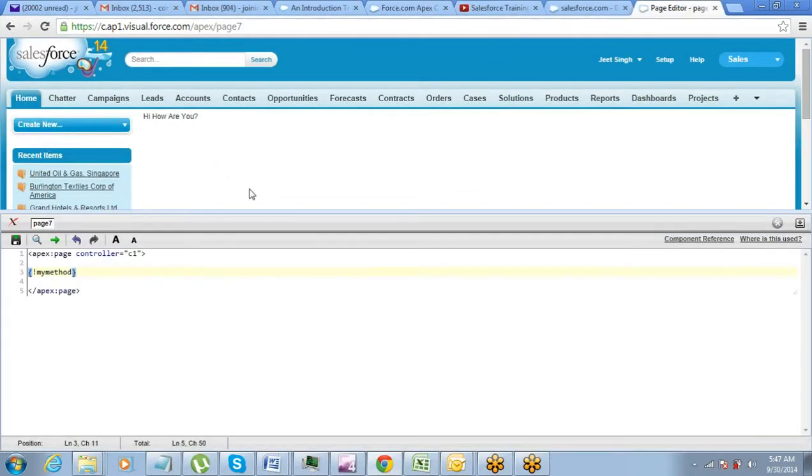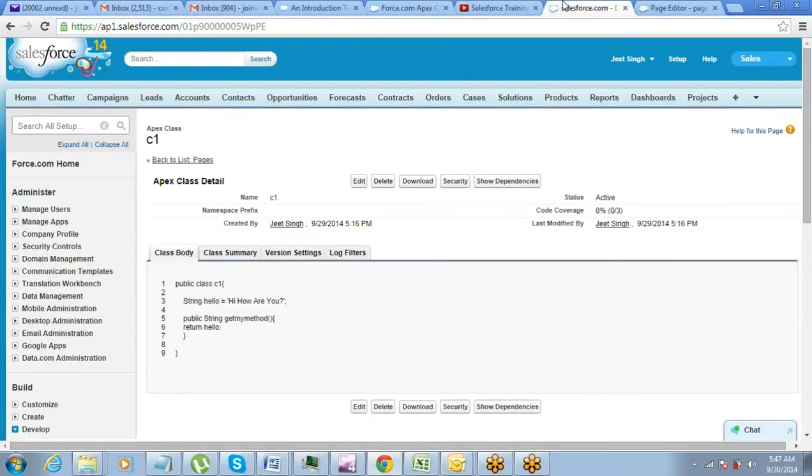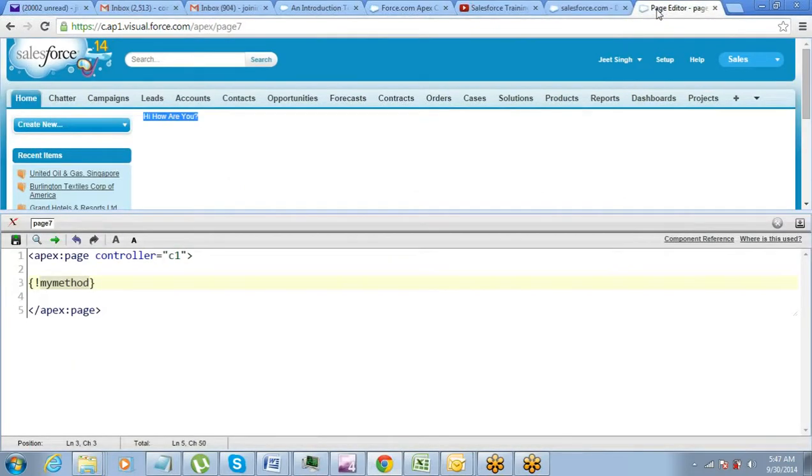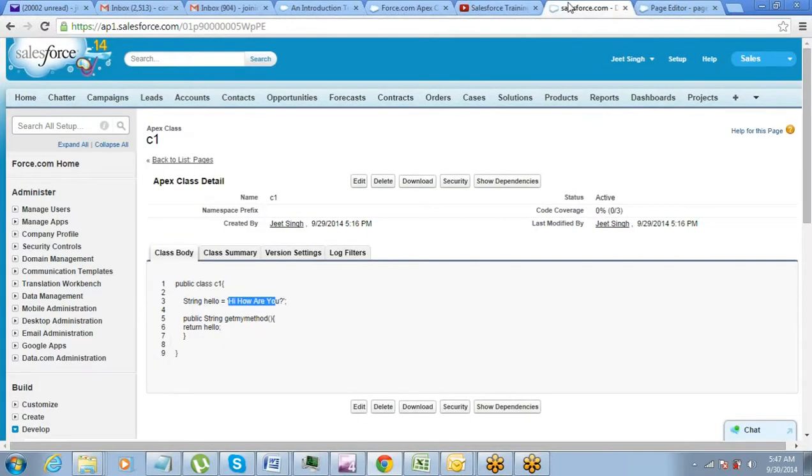Here on the Visualforce page, it's called as a controller, and then you call the method, right? So when you call the method, it's supposed to return hello. So hello is a string, the value of which is hi, how are you, right? So that is what it returns. Whatever is the value of this variable, it returns that. Right, this is just one example, and here we are returning the primitive.